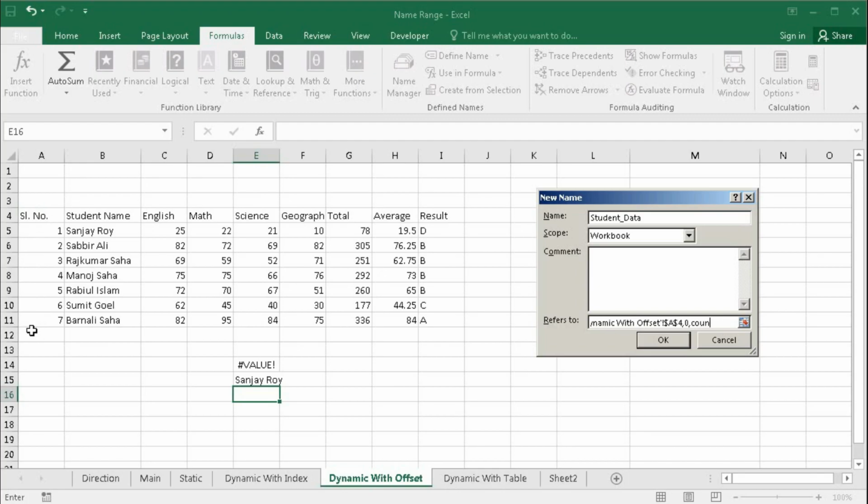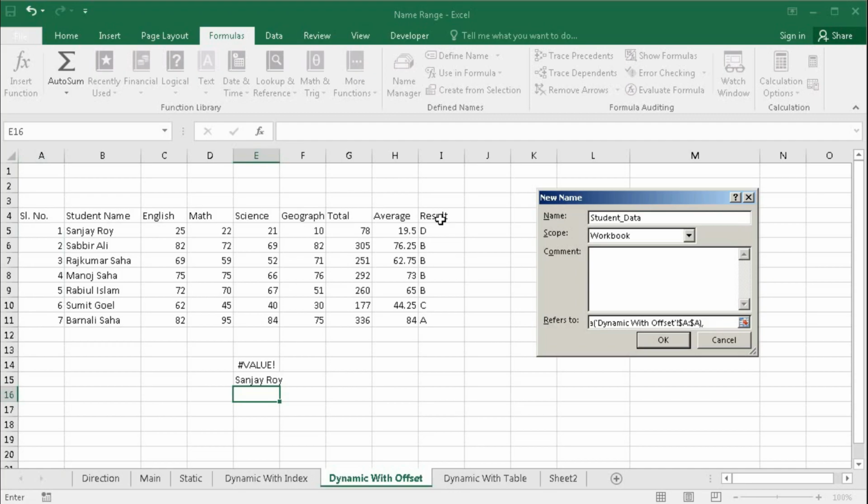So COUNTA. I used COUNTA because here we got text and here are numbers. To count both text and numbers, we have to use COUNTA. Bracket open, then select this, bracket close, comma, then number of columns, that is width, how many columns I want. I want 1, 2, 3, 4, 5, 6, 7, 8, 9.